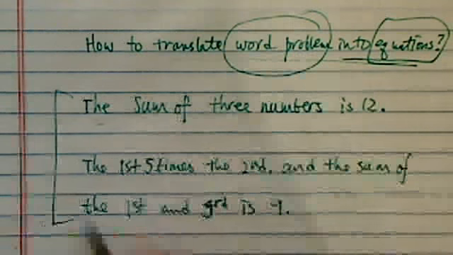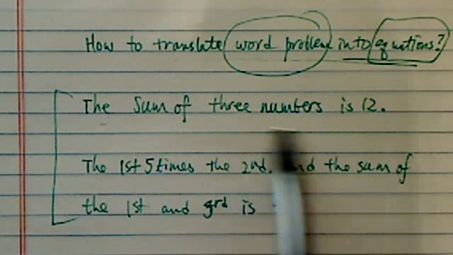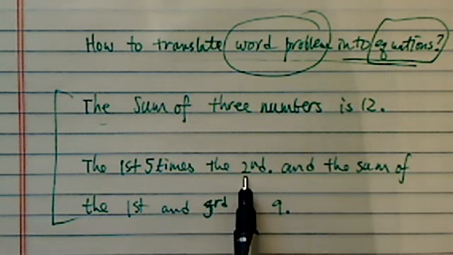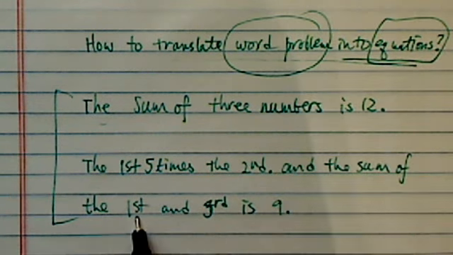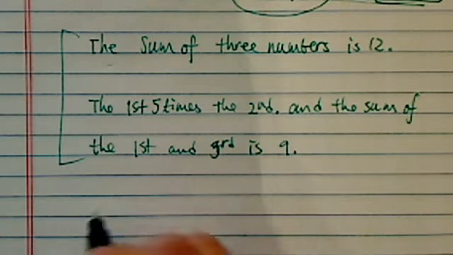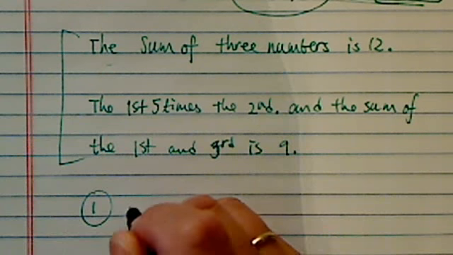Let's take a look at this one. It says the sum of three numbers is 12. And then it says the first is 5 times the second, and the sum of the first and the third is 9. So the first thing you do solving a word problem is you define